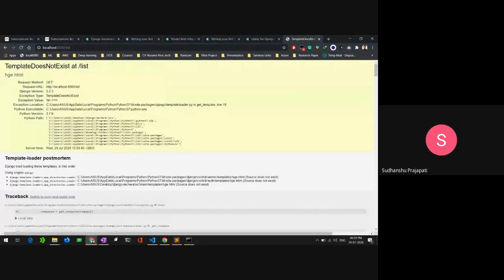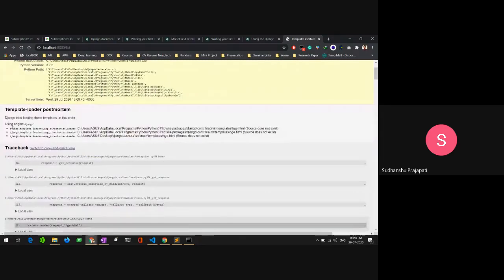After reloading, it says the template does not exist. It is not able to figure out where the template is, and how Django is looking inside the folders and figuring out where the template named home.html is.